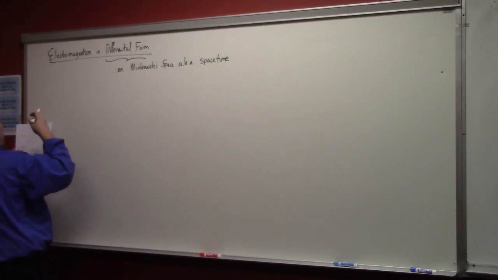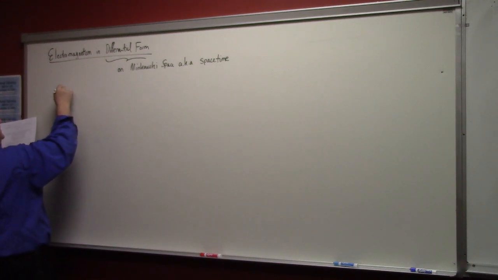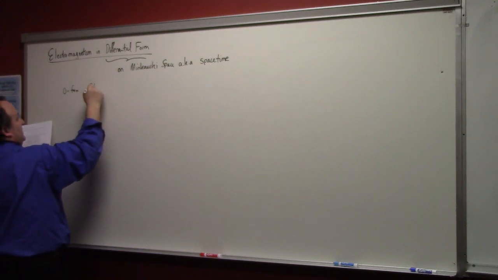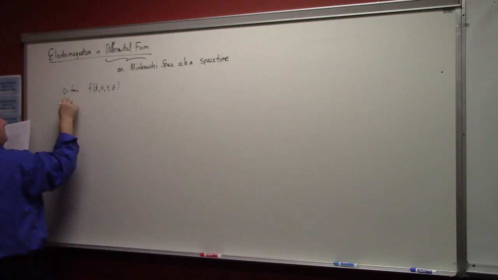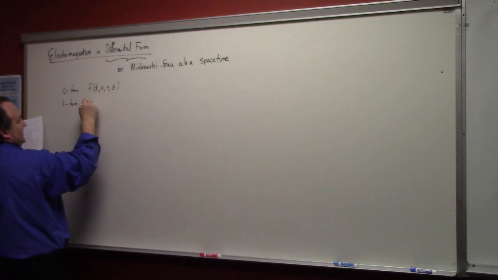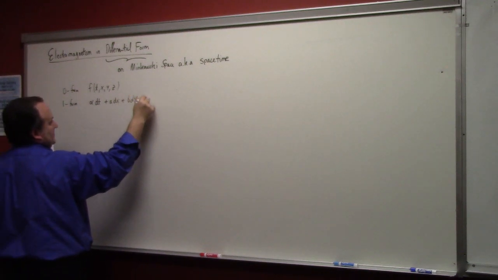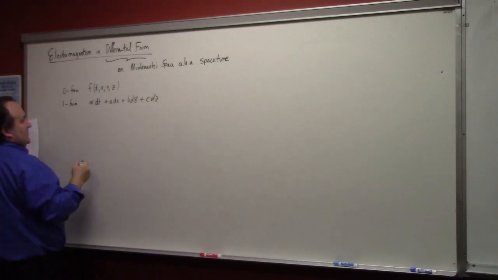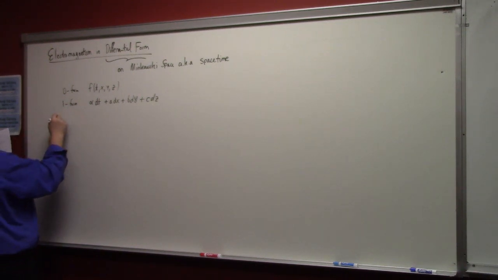Let me just break it down real quick. A zero form would be a function of t, x, y, and z. A one form would be something like alpha dt plus a dx plus b dy plus c dz. We'll use t as the fourth coordinate. A two form